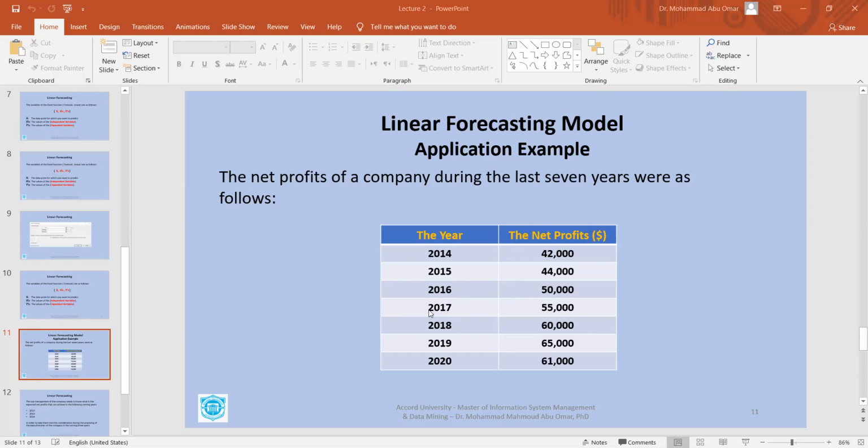In 2017, the net profits were $55,000. In 2018, the net profits were $60,000. In 2019, the net profits were $65,000. In 2020, the net profits were $61,000. So the net profits range